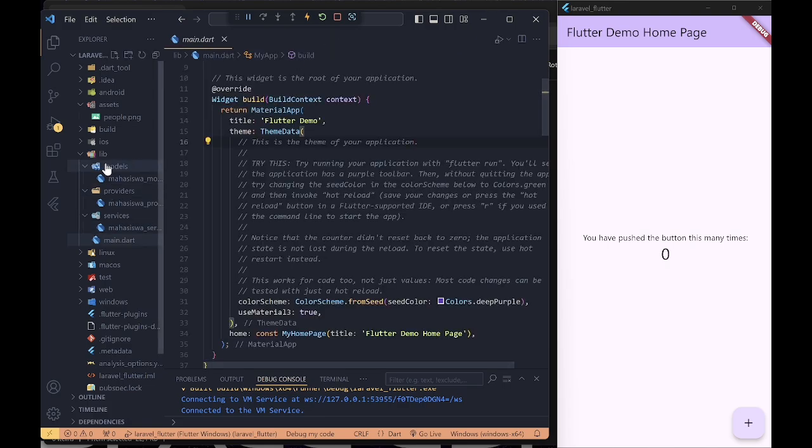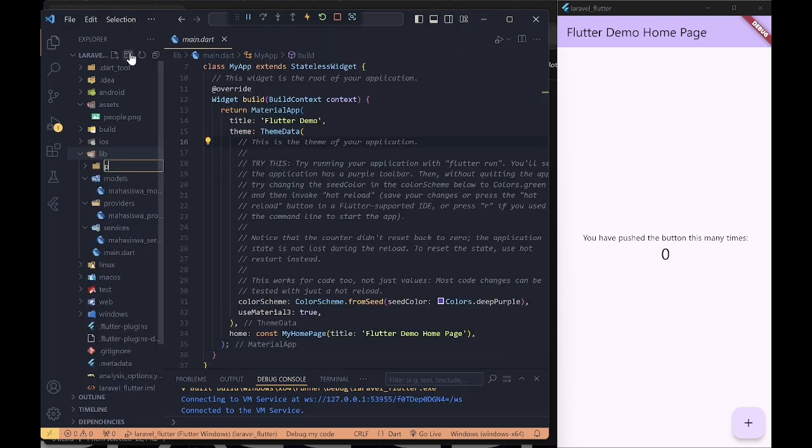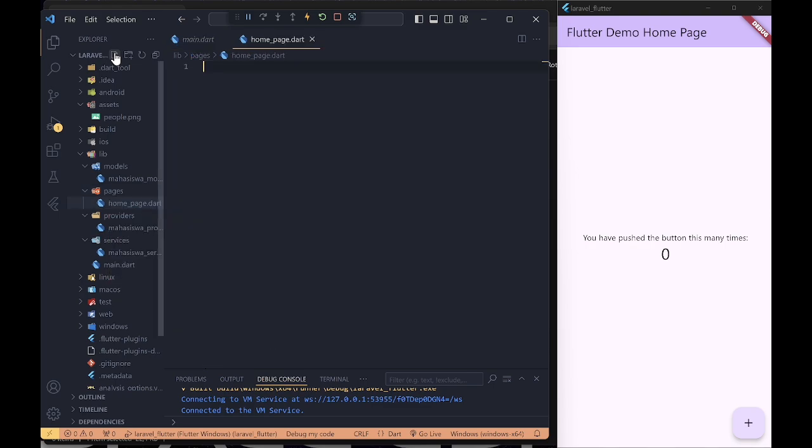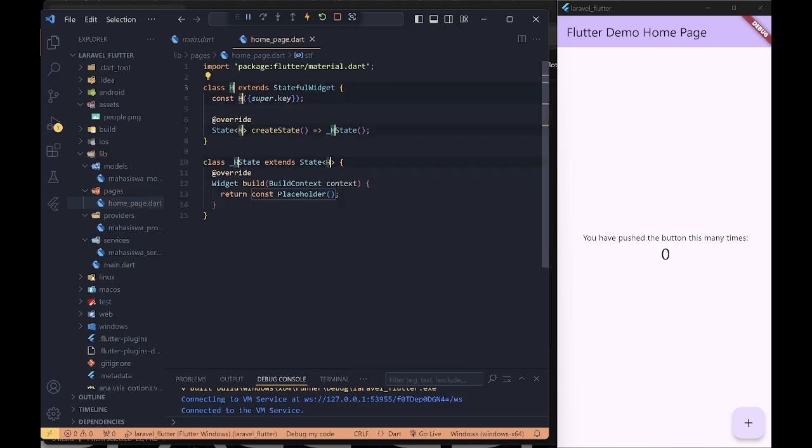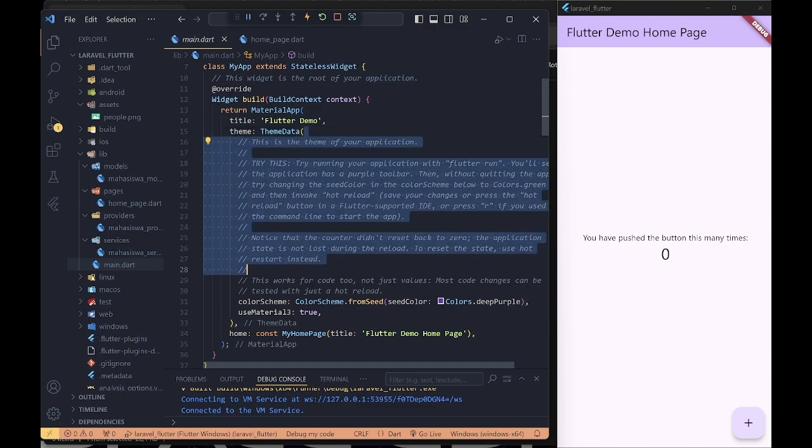After this, I add a new folder, pages, and in pages there is homepage.dart, and I make it stateful. I use stf, and then I wait, and I press enter, and I change it to HomePage.